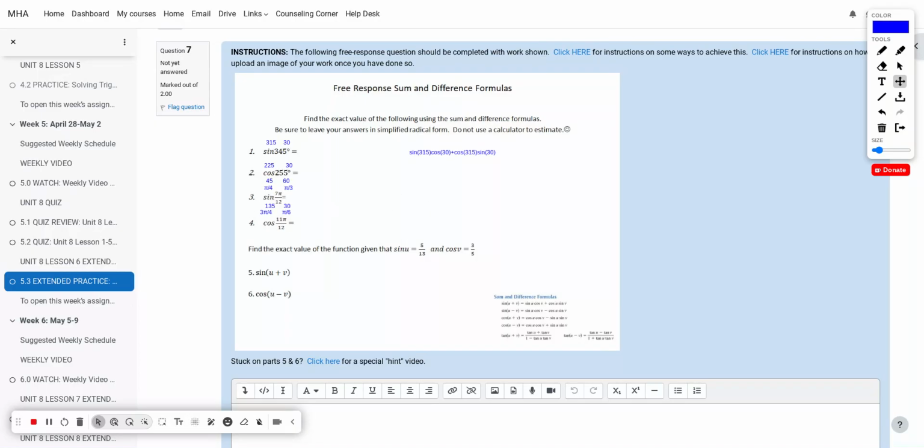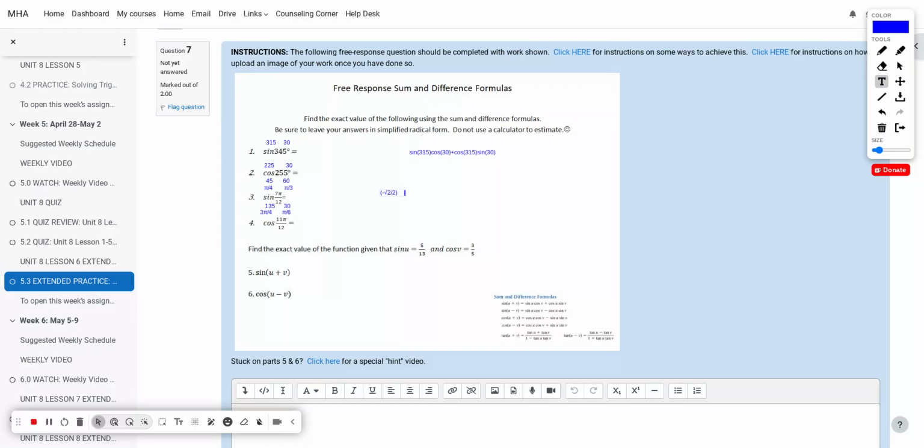Let's see, sine of 315. Now, to be able to do this part, you need to know that sine is the y value, cosine is the x value. So essentially here, I have, so sine is y, so that would be negative square root of 2 over 2